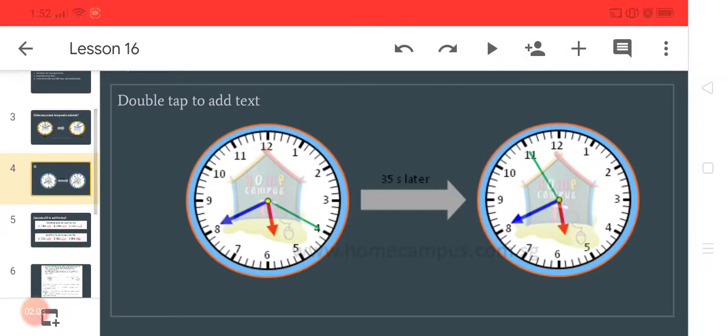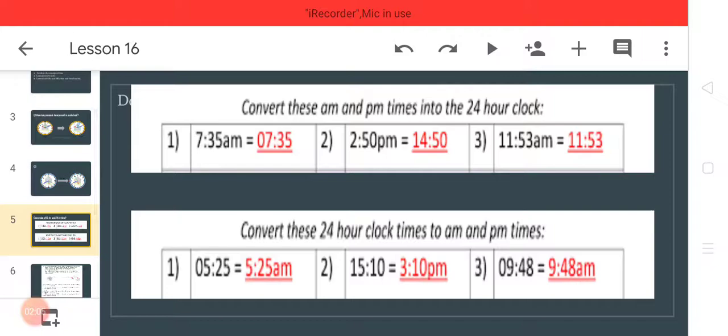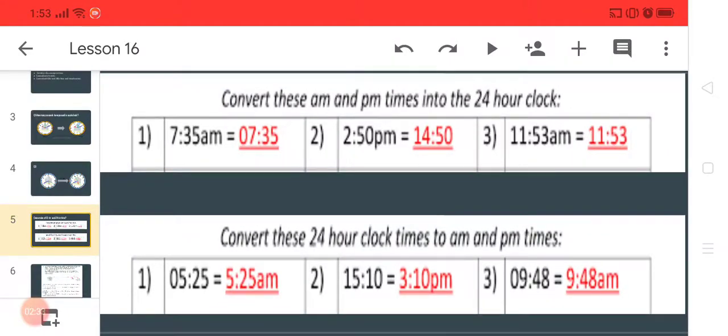After that I have another topic. This is to convert these AM and PM times into 24-hour time. Okay guys, this is a revision or recap of conversions. Conversion means 12-hour time to 24-hour time. Before doing this, I want to tell you something. In 12-hour time, we write AM and PM with the time. AM represents morning time, PM represents afternoon time, and 24-hour clock time is always shown in 4 digits.